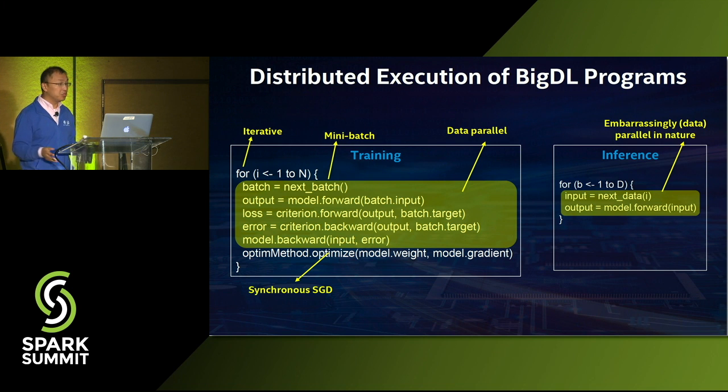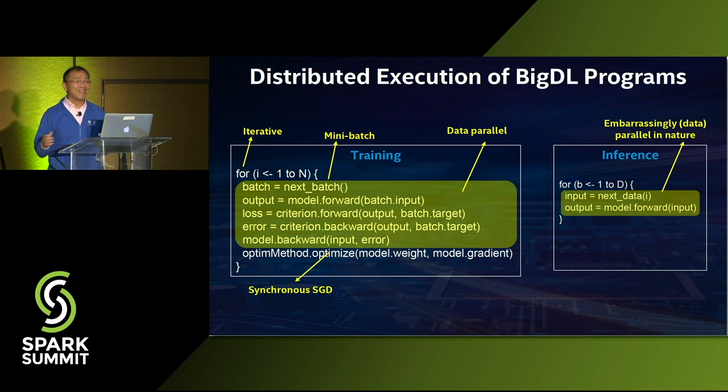In each iteration, you get a mini batch of data, and then you do your training, which is essentially the forward-backward process: compute the gradient, and then use some optimization method to update your weights based on the gradient. So it's an iterative mini-batch synchronous SGD, and the code in the